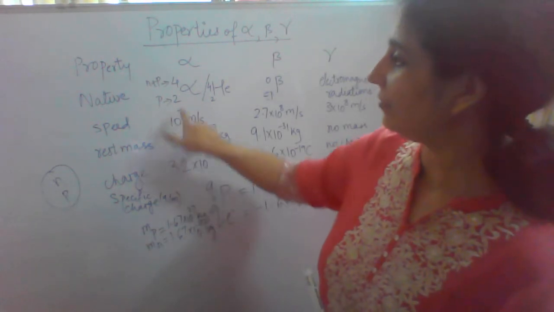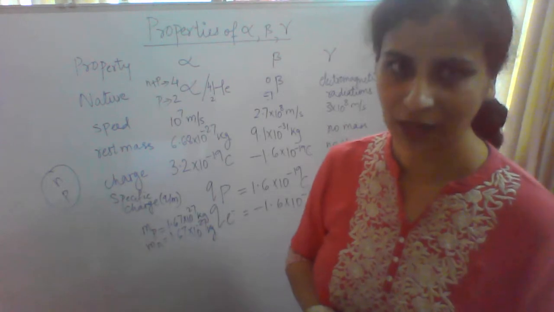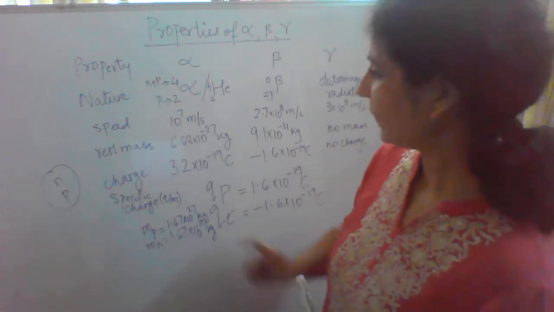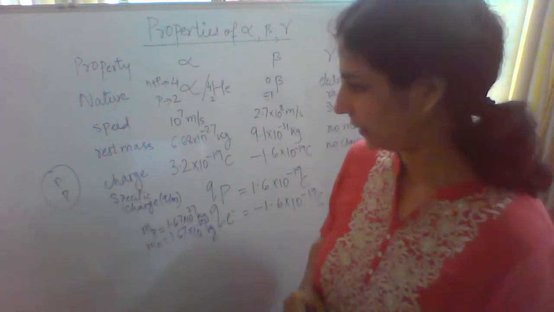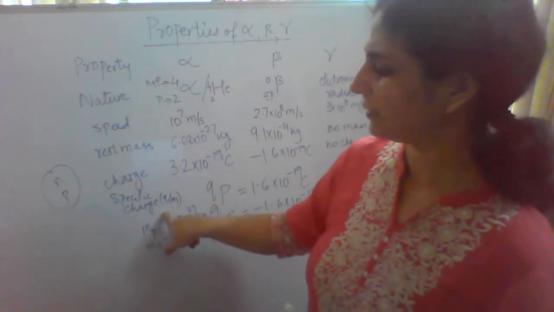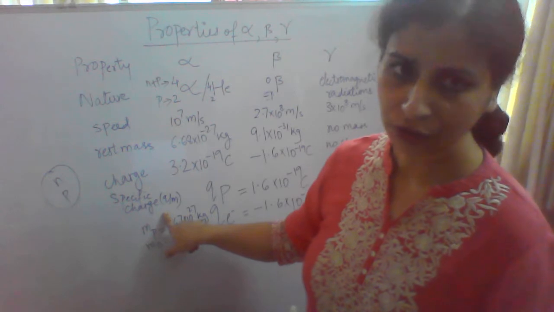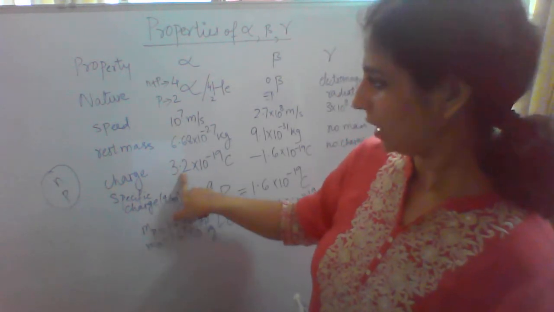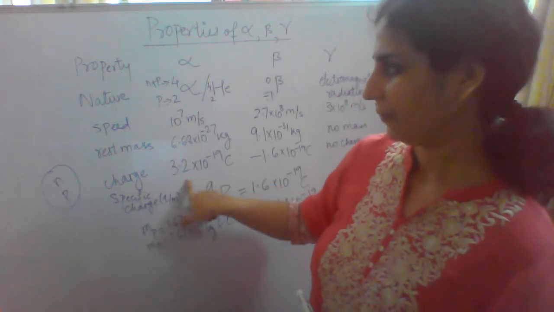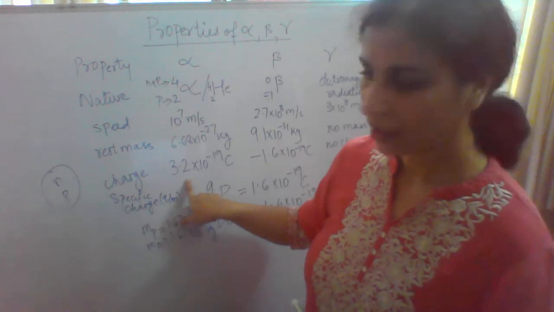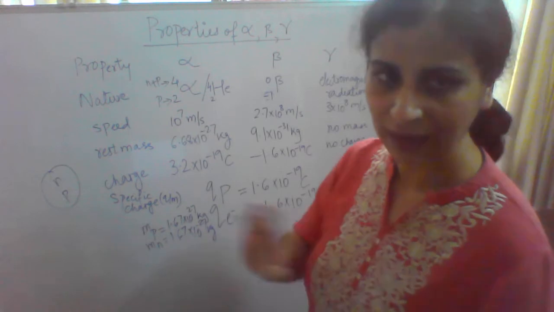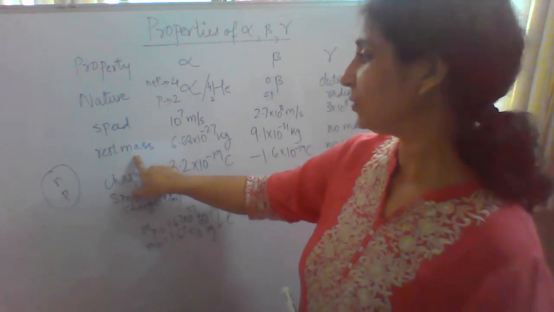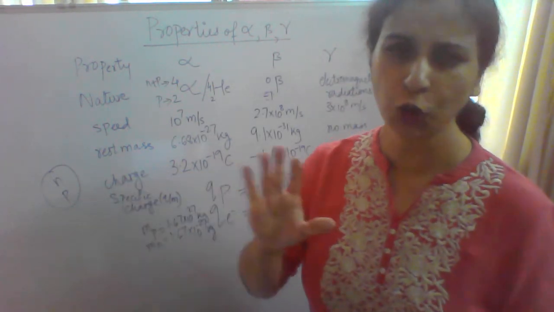So see how heavy it is. Alpha particles are heavy in nature. The speed of an alpha particle is 10^7 meters per second. And there is something known as specific charge. I am not showing you the calculation; it is just this charge divided by this mass. Those numbers are given in the textbook, you do not have to memorize them. This mass is called the rest mass, meaning when it is not moving.